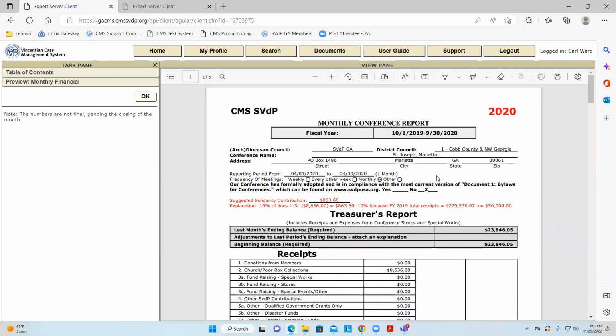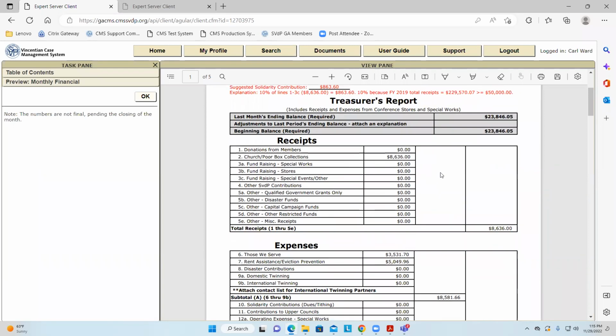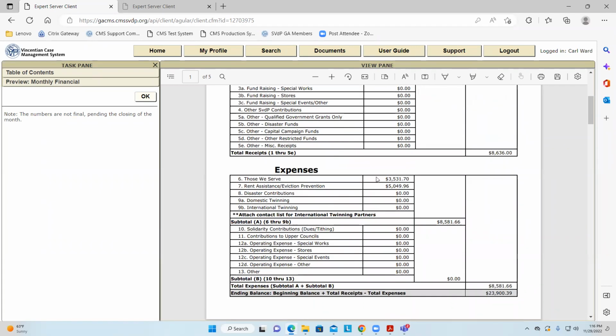So it's a pretty straightforward report from a treasurer standpoint. If all you're responsible for is to look at the numbers and not the statistics, it's pretty straightforward. This is all your receipts, everything, all the activity that came in by line number. Like I said, 3C and above are all subject to solidarity. Everything below that line is not. Okay. Here's your expenses. And we break out the rent versus everything else because National asked us to do that. But in reality, you still paid 85, 81, 66 for expenses.